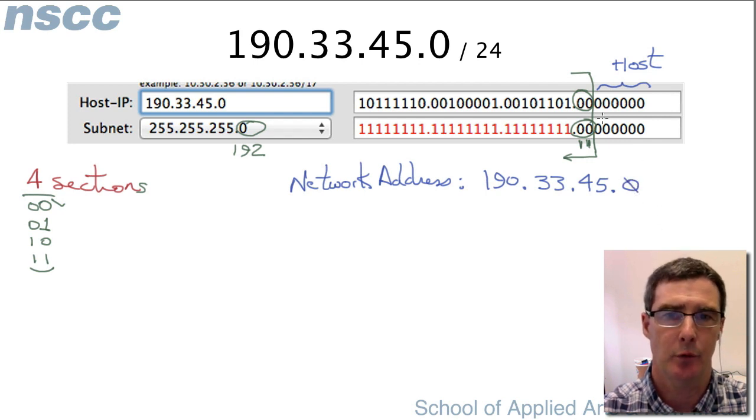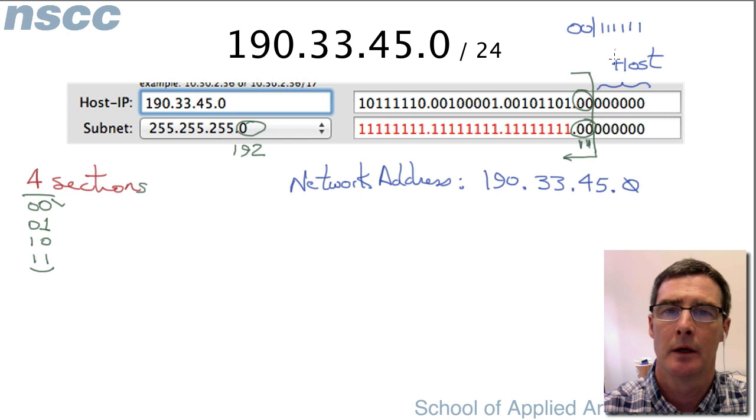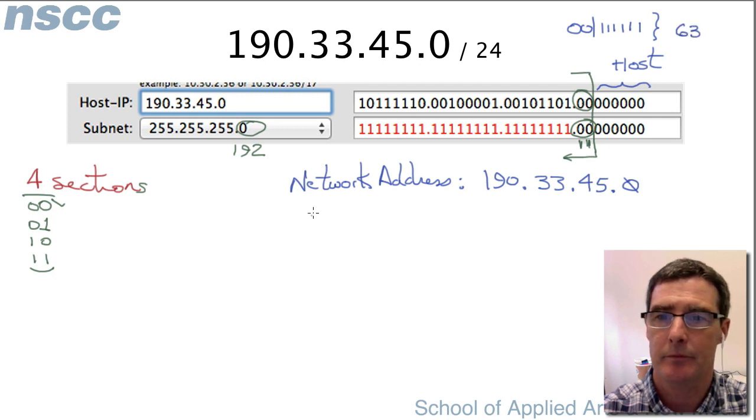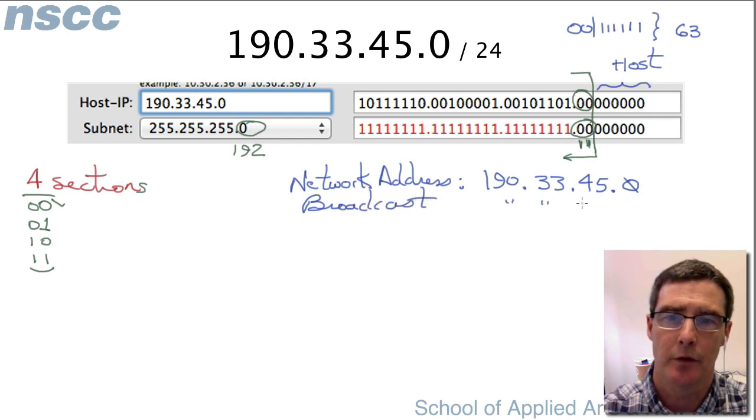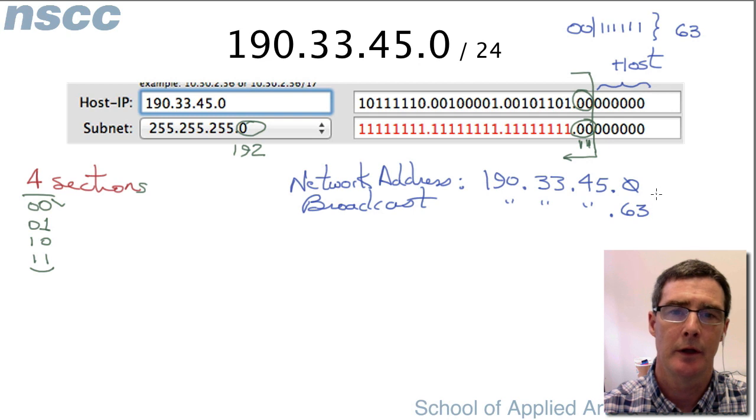What's a broadcast address? Well, broadcast address, we said, was when all these host bits here are 1. So we have our network bits, and we have all 1s. We have 6 more 1s here for our host bits. So this is the broadcast address, and 0, 0 with 6 1s. Let's see, this is 63. So our broadcast address is 190.33.45.63. Now that means any of these numbers in between here, that is from 1 to 62, can be assigned